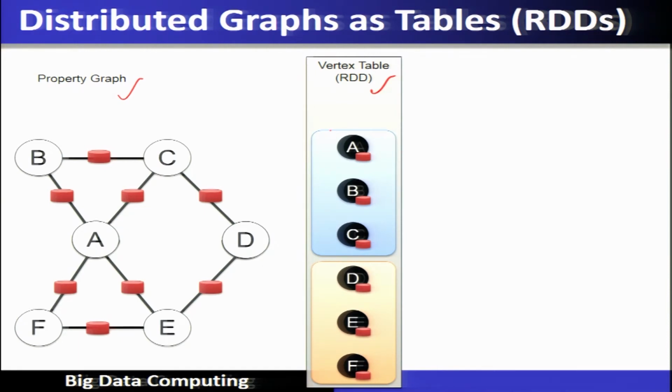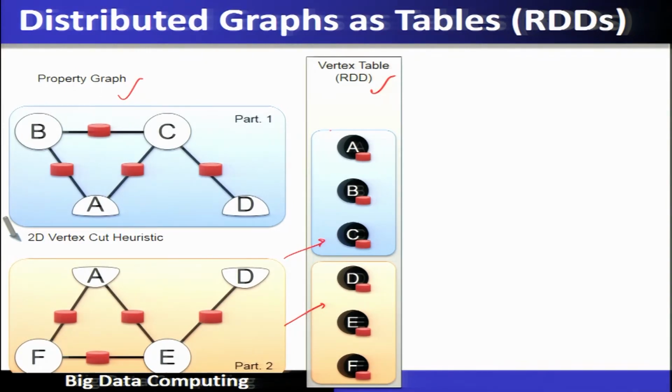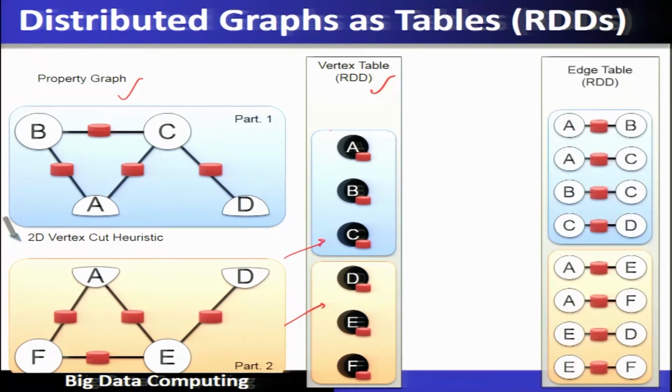All the vertices of a graph, let us say there are millions of vertices, cannot be accommodated in one table in one computer system. So, obviously, several computer systems are required. Let us understand that 2 computer systems are good enough for this example to store the vertex table in the form of RDDs. Now, as far as the graph is concerned, we are going to cut this graph across the vertices, and in this way the parts of the graph are stored as a distributed graph.